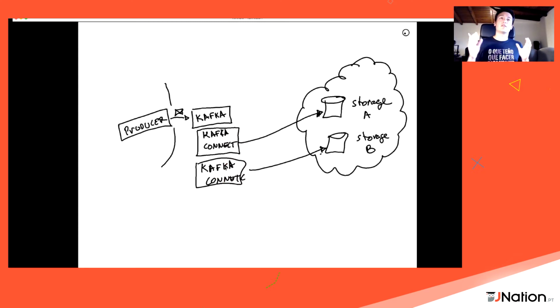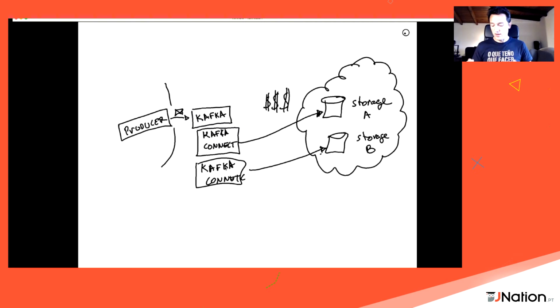But it also has some problems. The main problem is in big organizations where there are many producers, many teams, and in many cases duplicated data. What we are doing here is sending that information 2 times to the cloud. And typically the connection between our data center and cloud is very expensive. So now we are sending exactly the same information 2 times, so we are paying 2 times for the same thing. And that's something we usually try to avoid.